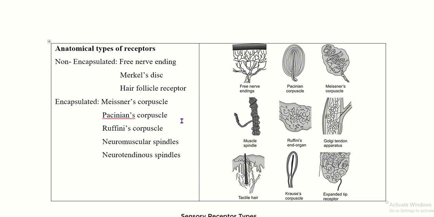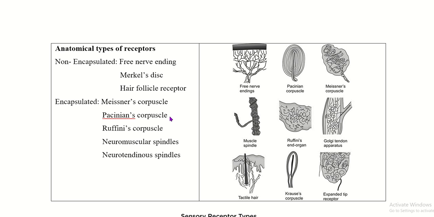Anatomically, receptors can be classified into non-encapsulated and encapsulated. Non-encapsulated means there is no myelination, no myelin fiber, and no special connective tissue arrangement. Examples are free nerve endings, Merkel discs, hair follicle receptors, peritrichial free nerve endings, and